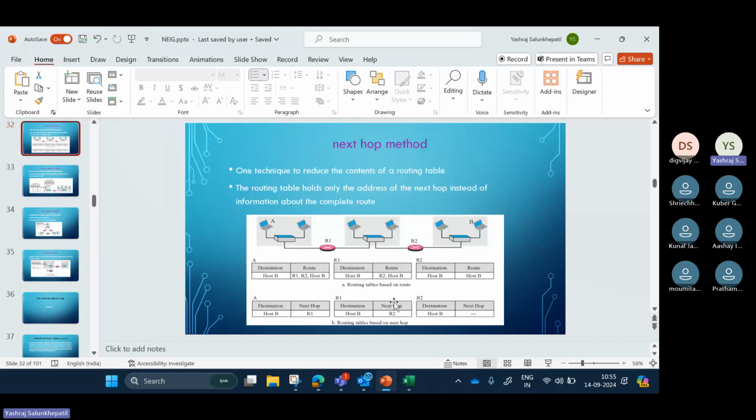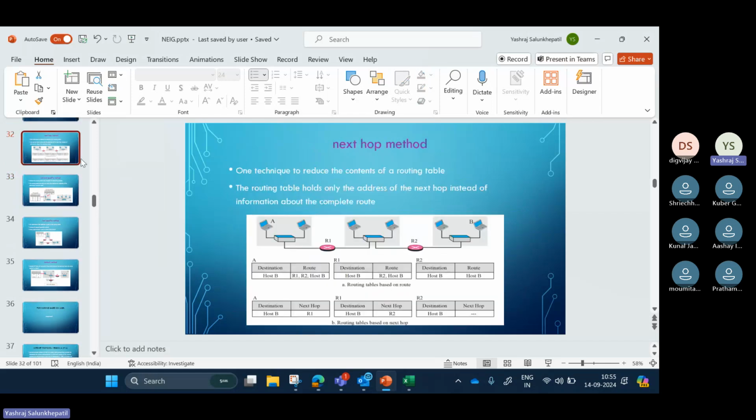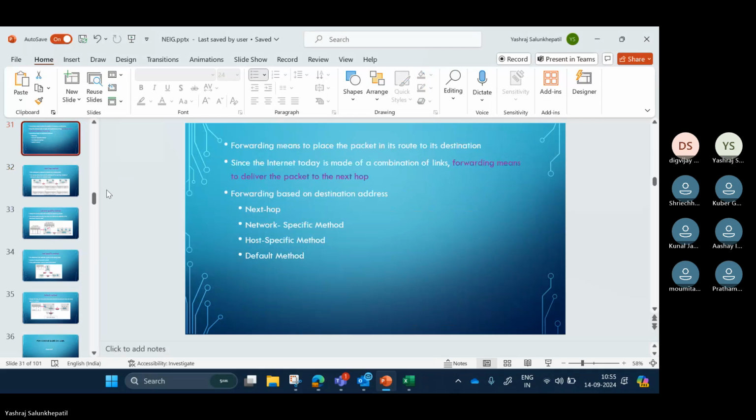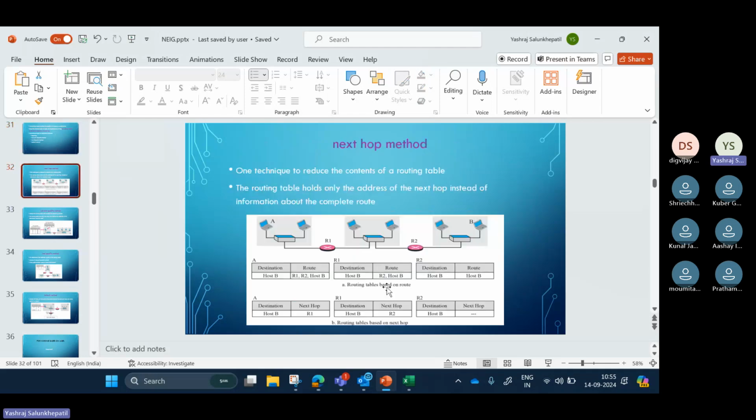The first table is based on route. You can ignore it for now, but otherwise it's the same. You take R1, R2 and to the host. This is a little misleading because ये A वाला host का table है, not of a router. Focus on the router 1 and router 2 tables.